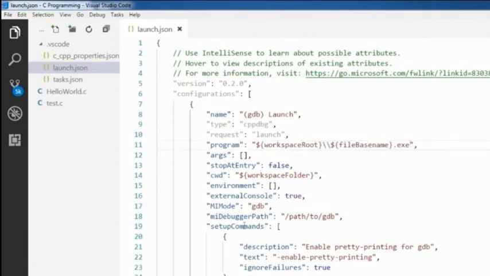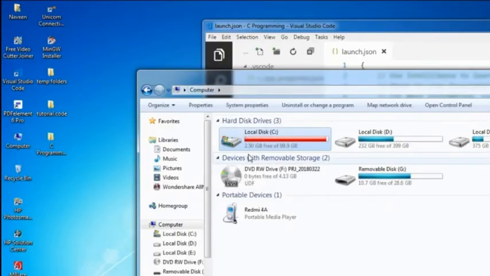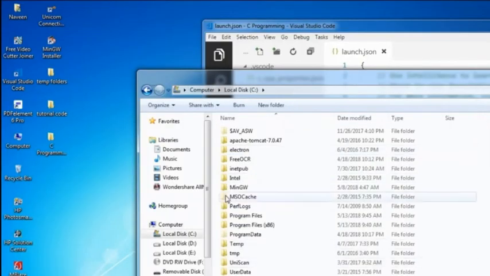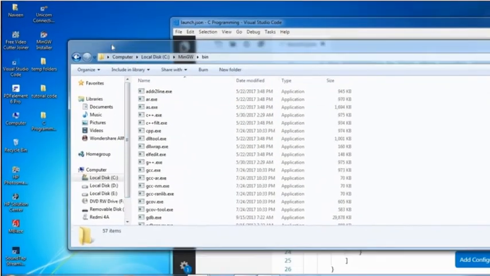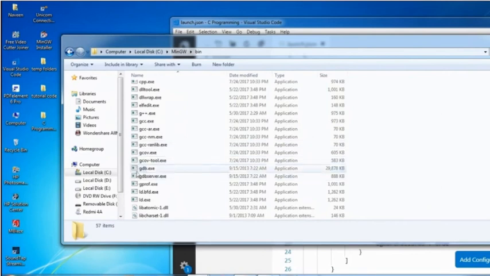And the next thing is miMode, which is gdb, and the miDebuggerPath is to be updated. In order to get the miDebuggerPath, I am going to my computer, C drive, MinGW, bin, and within that bin folder there is a file named gdb.